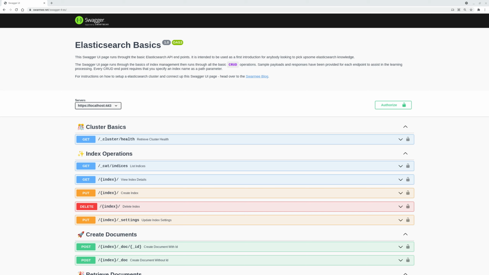Okay, let's learn some Elasticsearch basics. The way that we're going to do that is by submitting requests to an Elasticsearch cluster using this Swagger UI page. So I've written an OpenAPI specification for the core Elasticsearch endpoints. That's going to make it easy for us to just use this page to basically learn all the basics